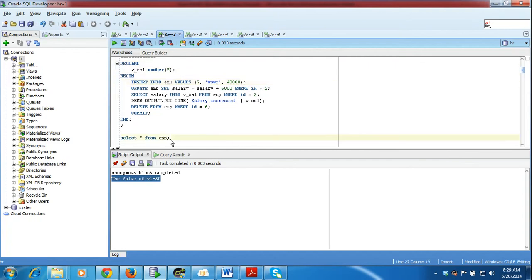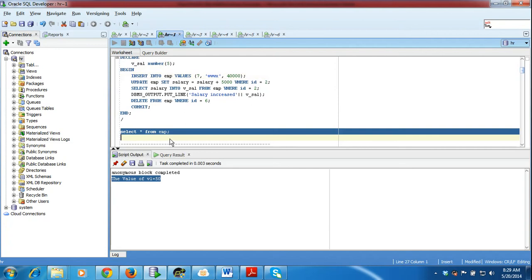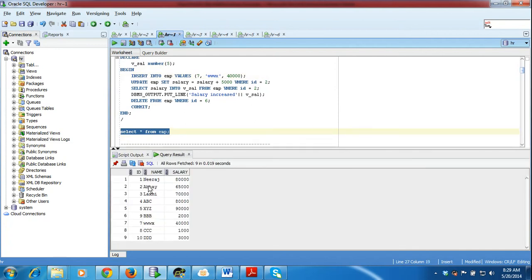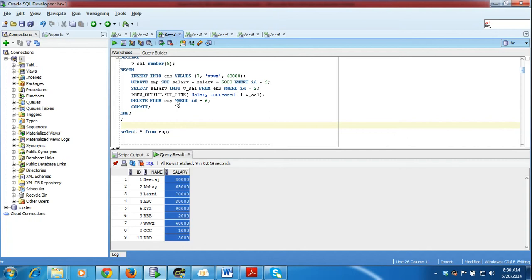Now please check our EMP table. It has this kind of data: employee ID, name, and salary. IDs 1 to 10, the names are Neeraj, Abhay, Lakshmi, and so on. The salary is like this. Okay, now you want to insert some value, like ID equal to 11, name is triple Z, and